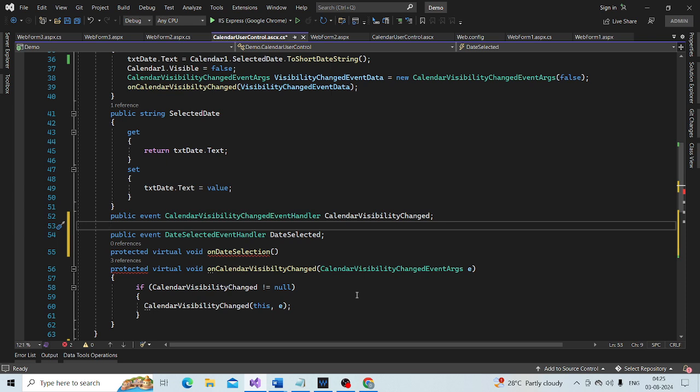So whenever the user selects a date, what do I actually want to do?